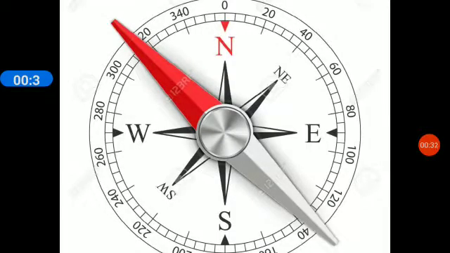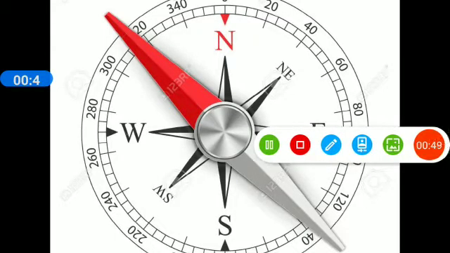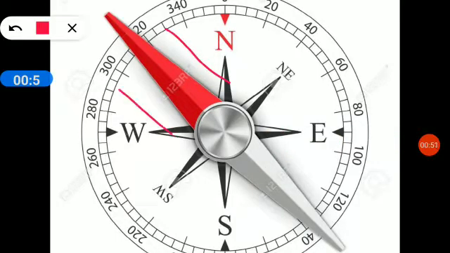Now let's talk about the magnetic compass, which Oersted kept along with a current carrying conductor. A magnetic compass is an instrument having a small bar magnet in the form of a needle, and this is your needle. It's shown here. This is your needle, which can turn freely on the pivot, and this is your pivot pin.